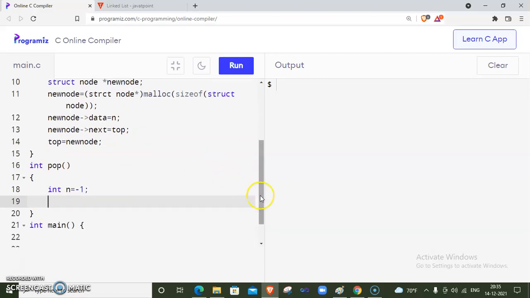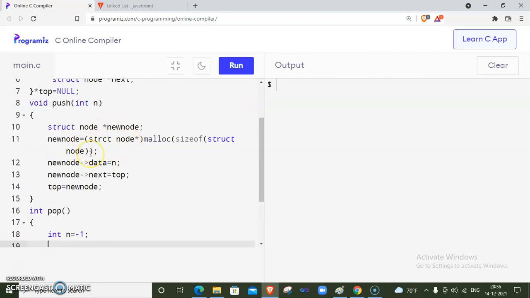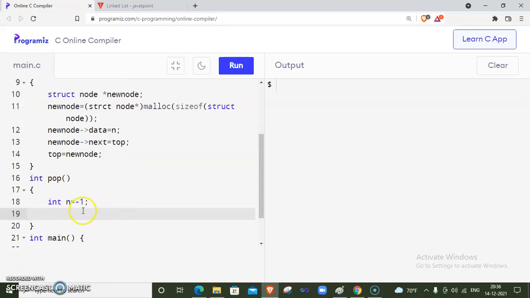If we implement the stack using an array, then we check whether the memory is full, or whether there is any space inside the array to store elements. But this is not the case with a linked list, because we are not allocating any memory in advance. As per the user's choice we allocate memory. So we are not displaying a memory overflow message here.